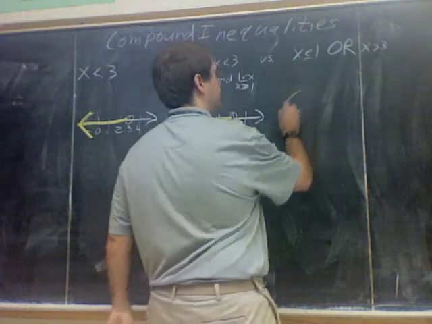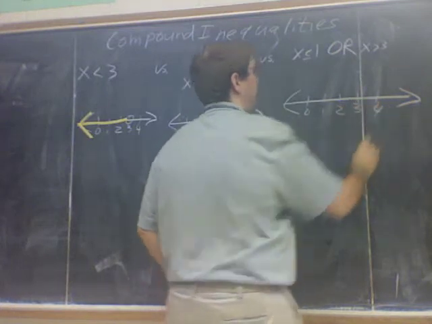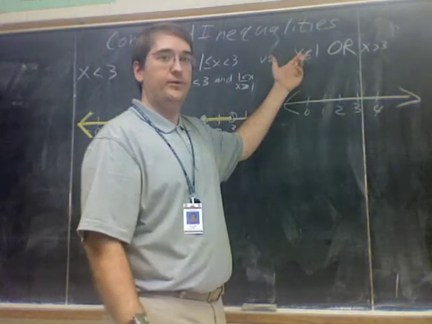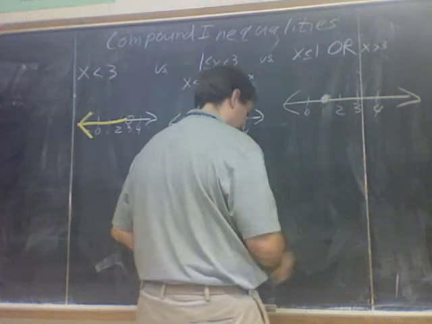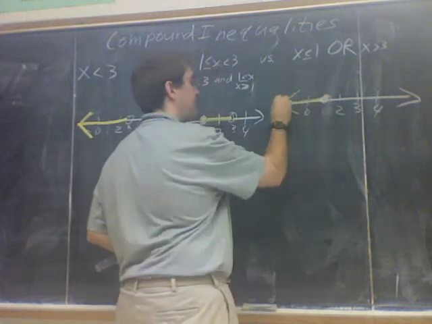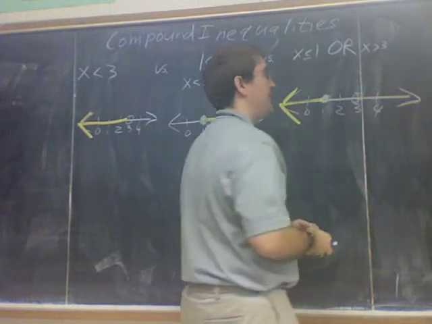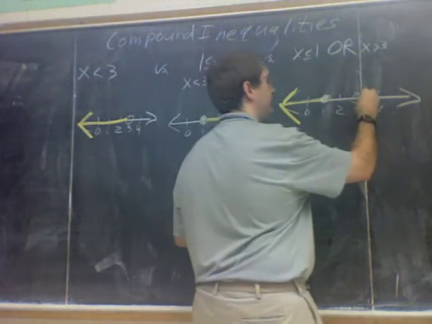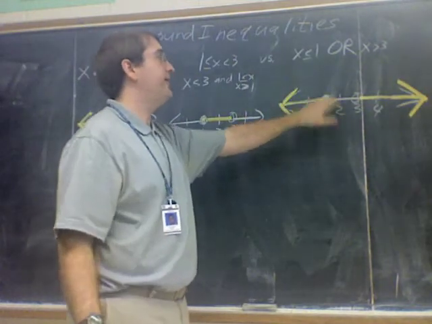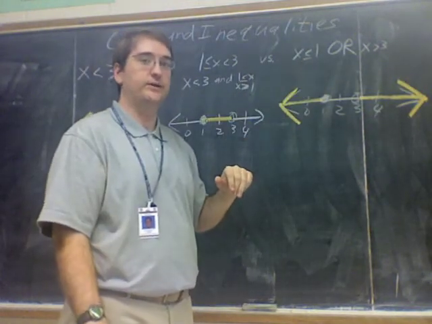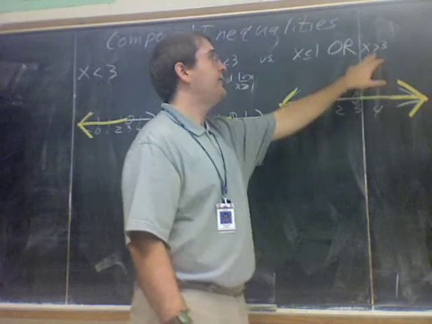So what we do is create our number line as usual. 0, 1, 2, 3, 4. And now I'm going to graph these both separately on the same number line. X is less than or equal to 1, so I have a closed circle on the 1. And I want everything less than that. And then an open circle on the 3 to show that that is not included in the boundary point. And I want everything greater than that. So this would be my picture, my graph of x is less than or equal to 1 or x is greater than 3. Because I have all the values less than 1, that satisfies the first inequality, and then all the values greater than 3, that satisfies the second